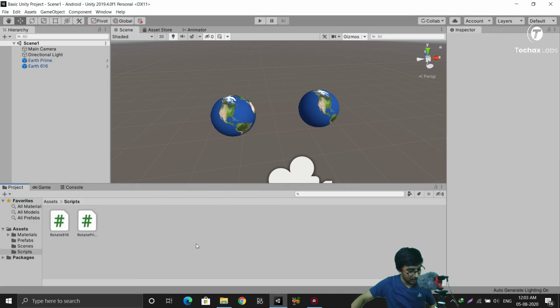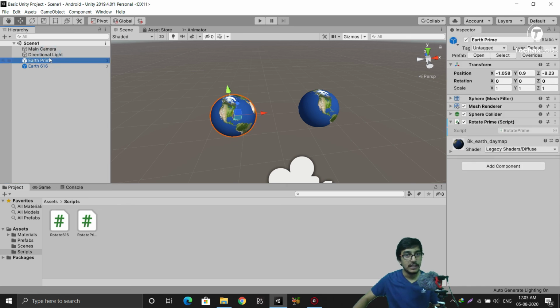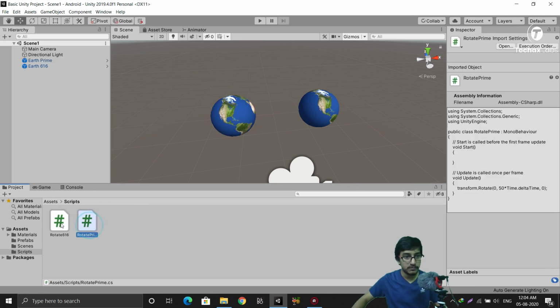So I created a script and I used that script to rotate my Earth. Actually you can see I am always skipping the scripting part because I am not into scripting right now. I just wanted to show you how scripts work in Unity. There are still a lot more things about scripting. Scripting is the most powerful tool in Unity. You can do a lot of things using scripting, but only if you know the coding language C#. So currently I am not using it. So we created a script and used it to rotate our Earth. Whichever script you liked, you can use it.